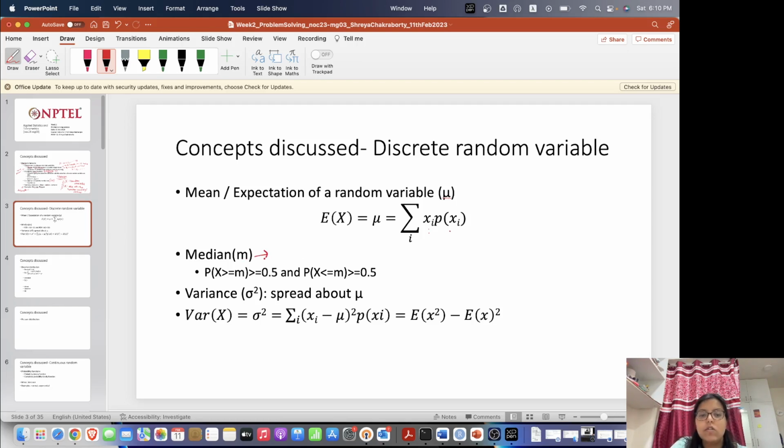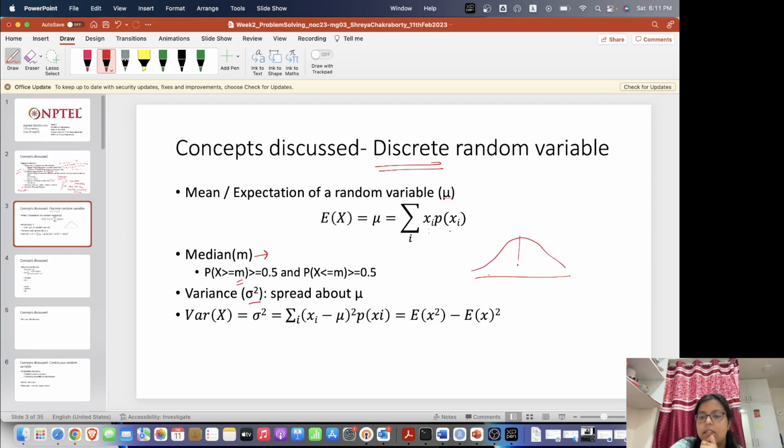And also, everything in this slide is with respect to a discrete random variable. And for a median, if m is the median, then the probability that x is greater than or equal to the median is greater than or equal to half, and the probability that x is less than or equal to the median is also greater than or equal to half. And the variance is nothing but